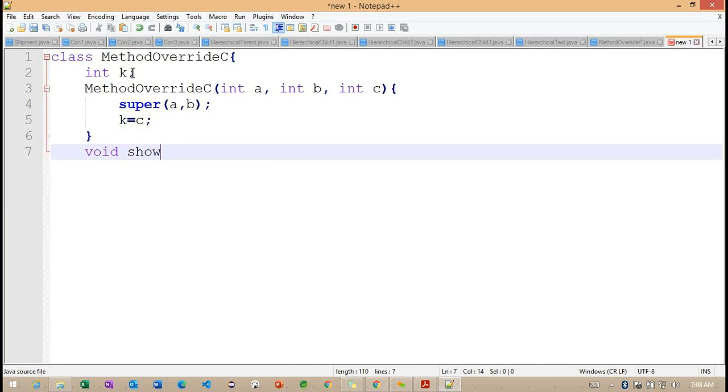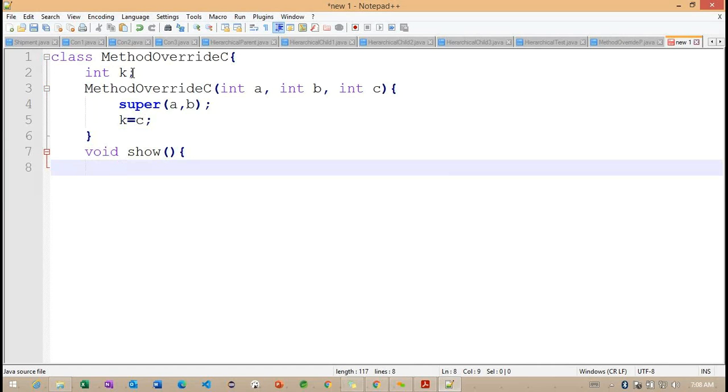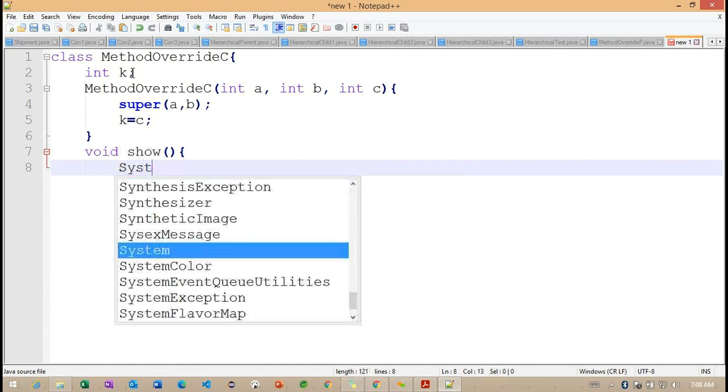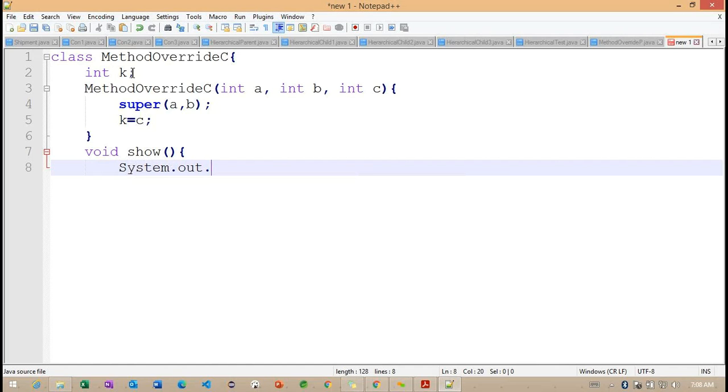And finally, the show method. The same show method I'm defining inside this particular child class. So child class is nothing but our subclass here.